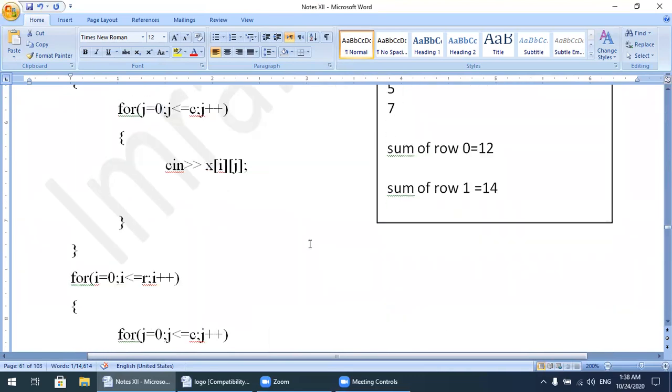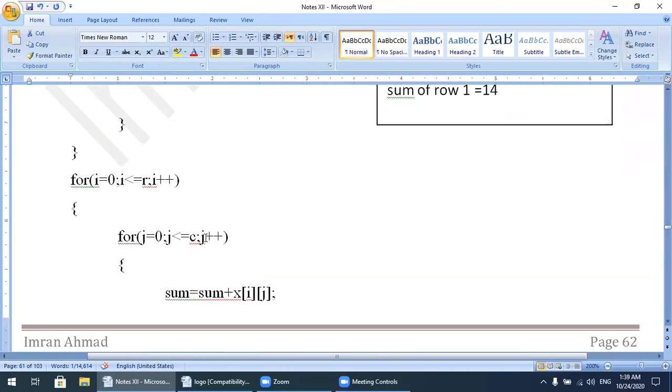Now the requirement is the sum of each row. Again I will take the same nested for loops: the outside for i equal to 0, i less than r, i plus plus, with the same process, j equal to 0, j less than c, j plus plus, for the sum of each row.